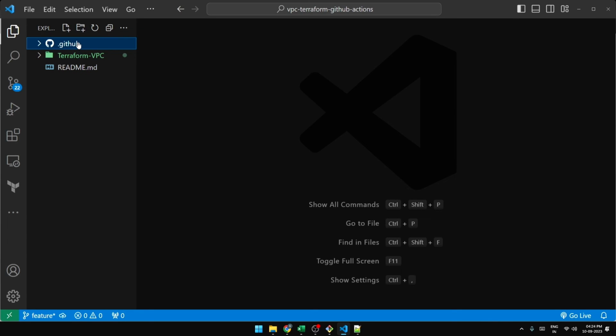Now let's go to .github. Now create another folder, that is workflows. It is important to have the workflows folder within this, and within this folder of workflows I will be creating deploy.yaml, which is my